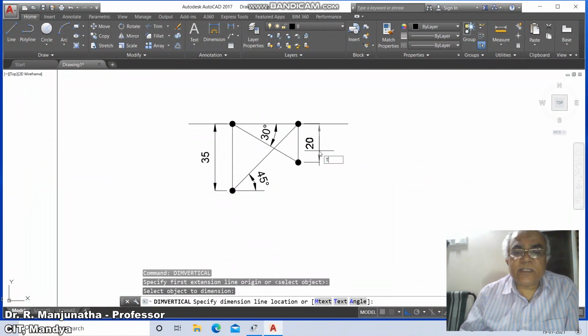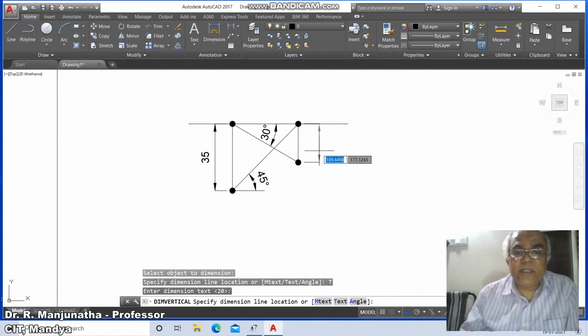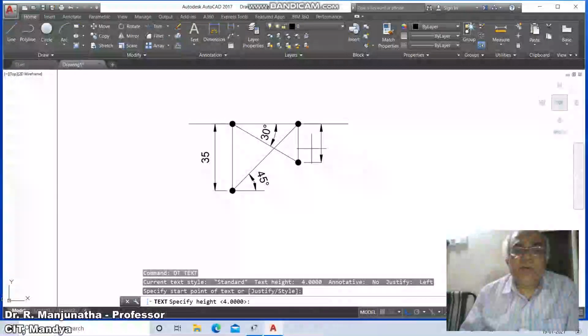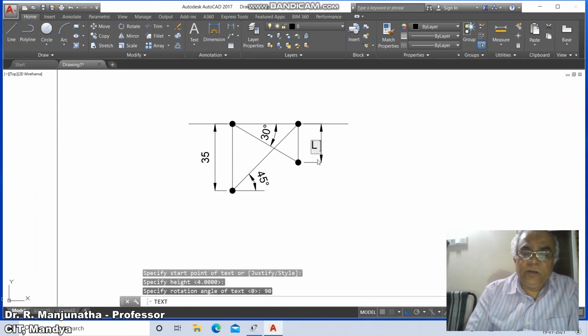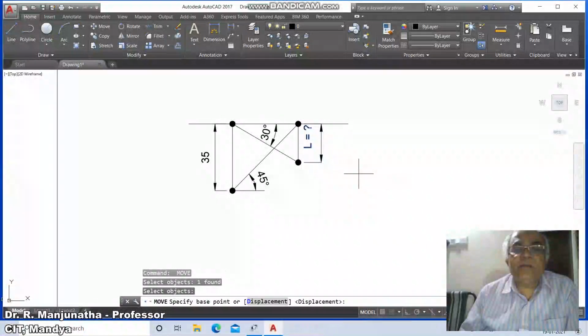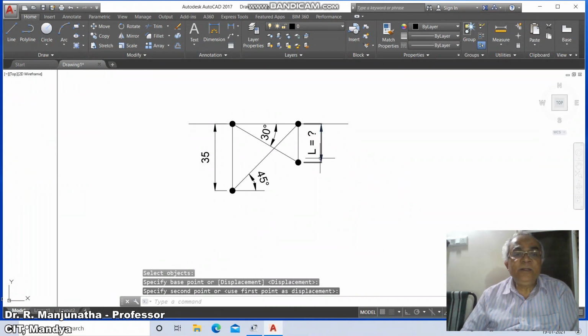Here go to text, make it 0, give the space bar, and then specify the distance. Select this. Go to dtext, specify height as 4, rotation angle as 90 and type L equals question mark. Then go to move, switch off the ortho mode, select this line and this dimension text, and make it L equals question mark.